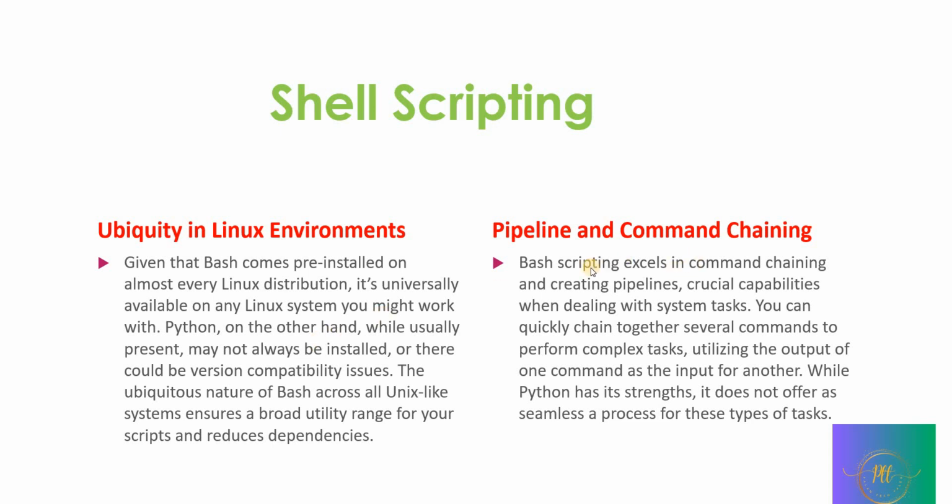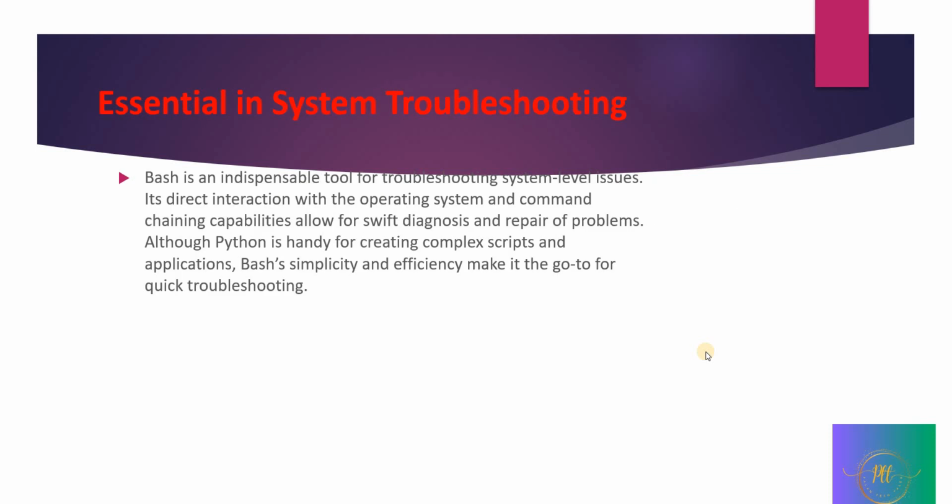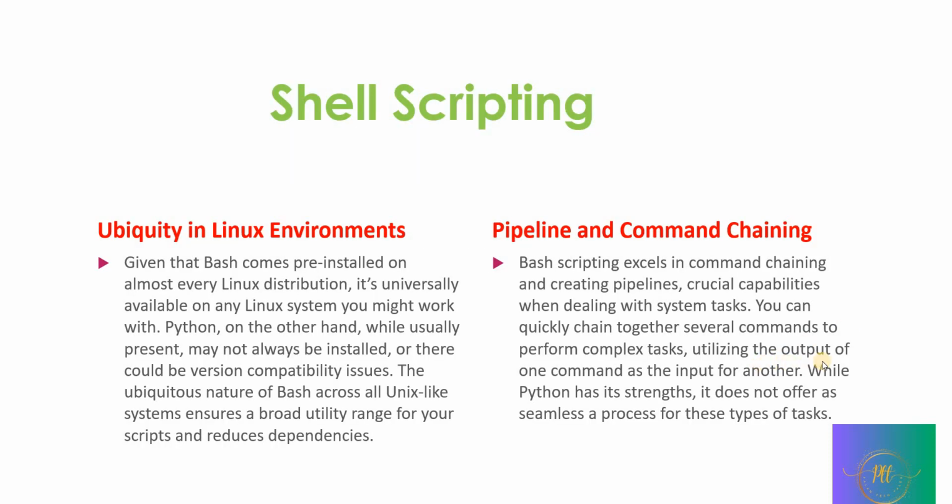Then coming to pipelines and command chaining. Bash scripts excel in command chaining and creating pipelines, crucial capabilities when dealing with system tasks. We can quickly chain together several commands into a single task and perform that task regularly. So the output of one command is used as the input for another. While Python has its strengths, it does not offer as seamless a process for this type